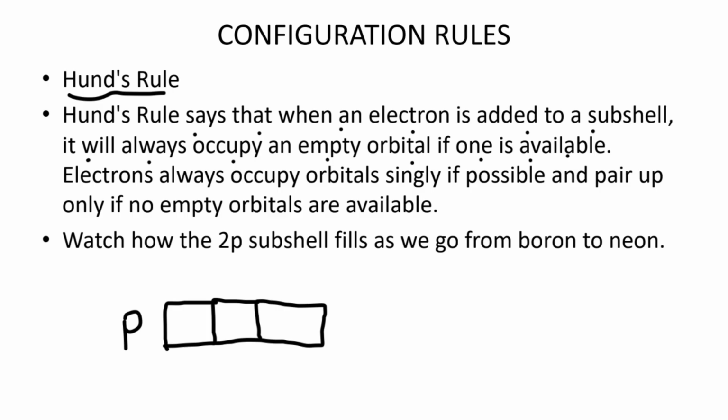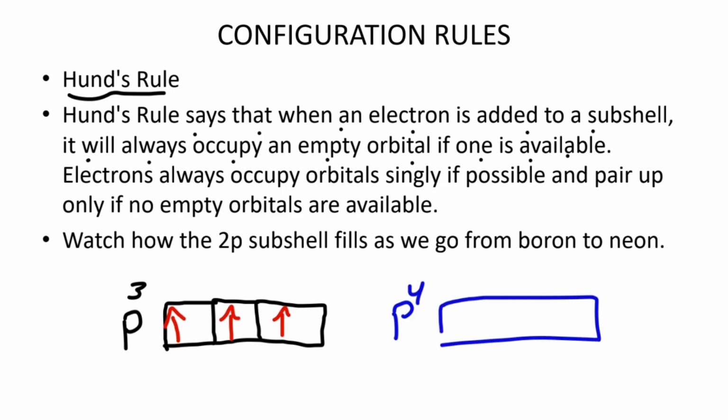Now, if we have 3 electrons in this p, how are we going to put these electrons? We are going to put 1 electron in each orbital first. We need to put 1 electron in each orbital before putting a second electron in any orbital. So if p has 4 electrons,